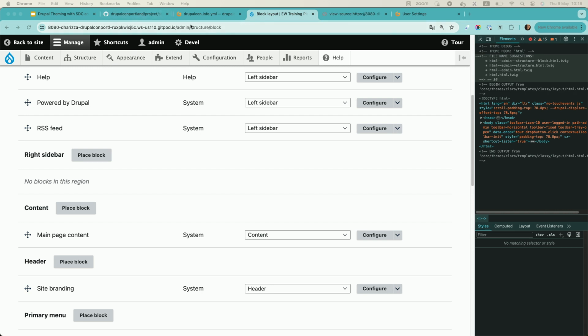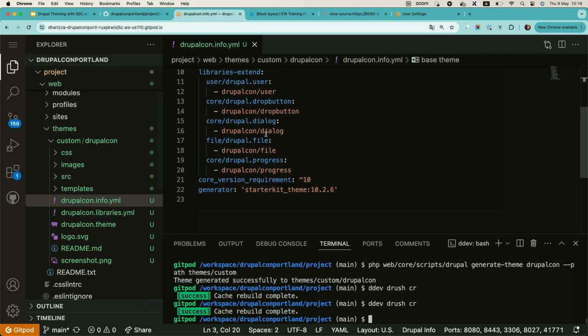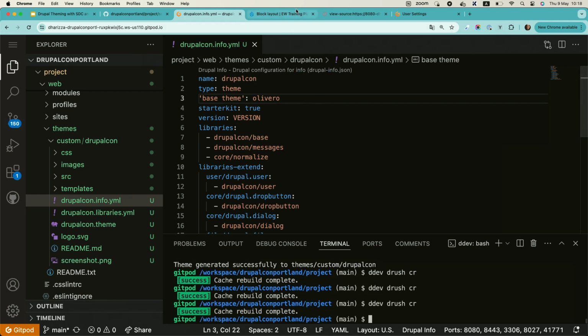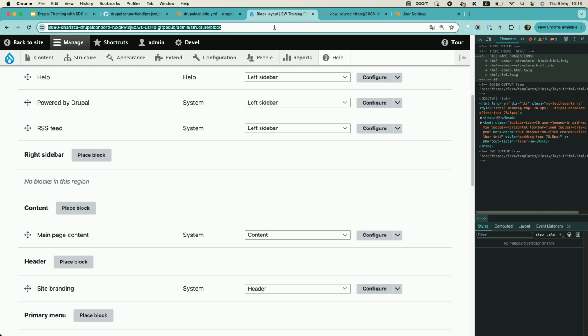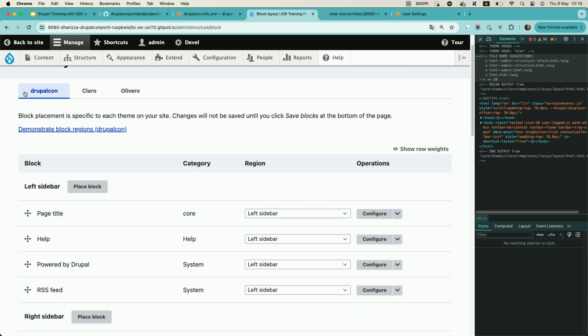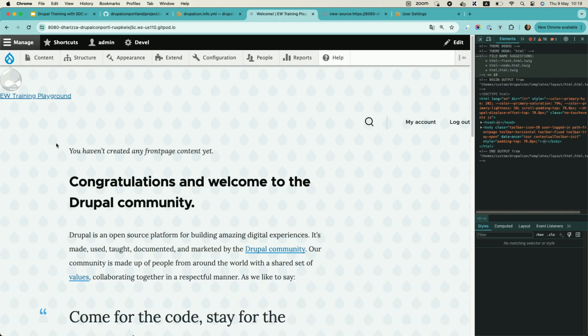Again, I wanted to use Olivero, so I'm just going to switch it back here. I'm going to go with Olivero. And in here, I'm going to clear the cache again. And then if I reload this, I still have exactly the same situation, because this is just the regions. I haven't changed what regions I have, so it is the same. But if I go back to the home page,